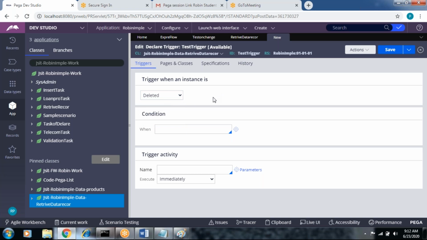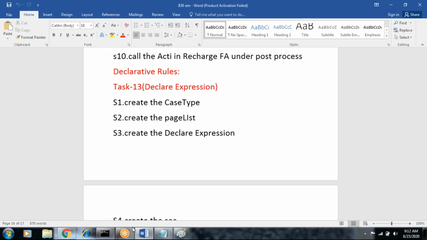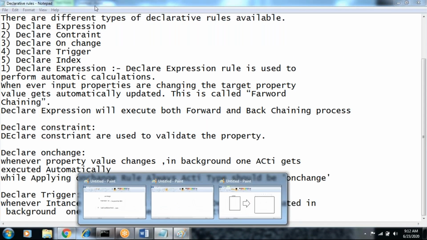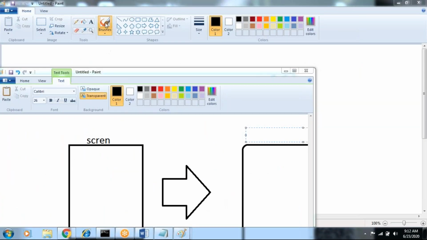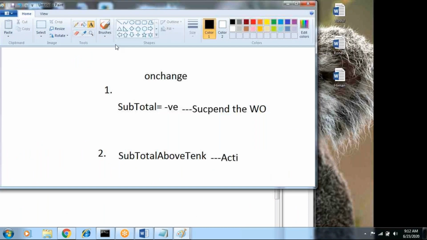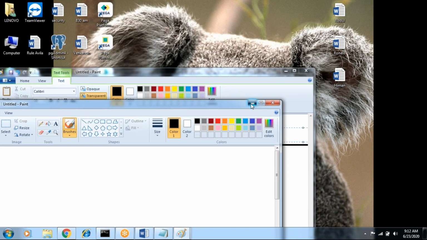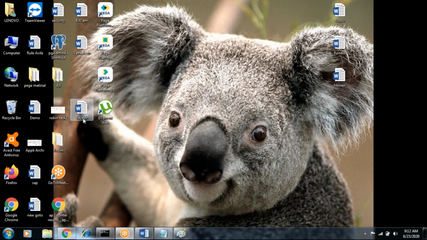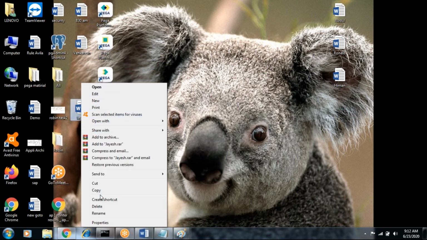Suppose the data is there in the computer. I will explain with a simple example. Take some file, right click and delete it.